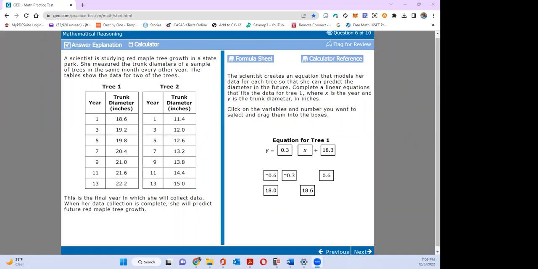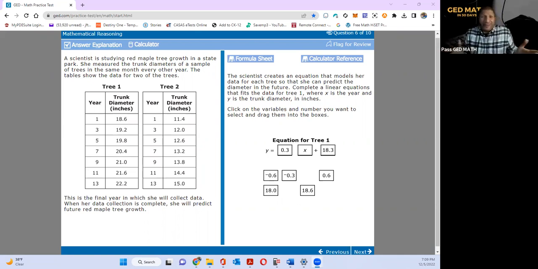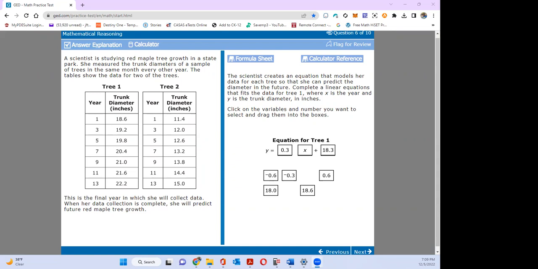Are you ever gonna do a problem like this in real life? Listen, you're probably never going to use a quadratic equation. Has anybody ever used a quadratic equation in real life? Unless you're a physics major or computer science major or math major in college, probably not. But again, my point is,